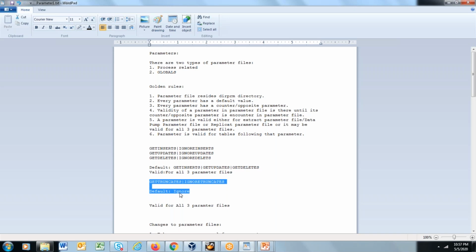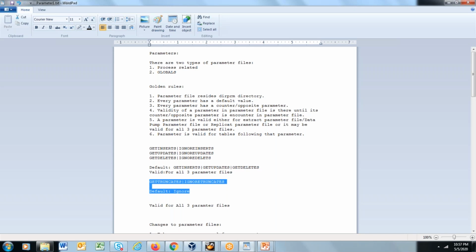Is this just to safeguard the data in the replicated database? I didn't understand that question, Chalasani. What do you mean by that? See, if on source somebody is truncating the data and they don't want it to be accidentally truncated on the target, is that the reason why they have put this as the default value? Ignore truncate, that must be the meaning.